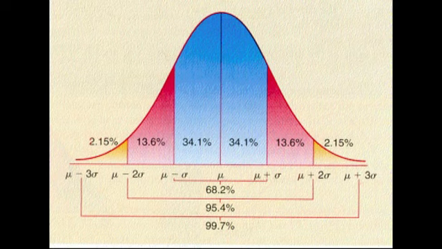Now, as you see, the further away you get from the mean, from the average, the fewer individuals are going to be represented. In fact, what you see are these different sections. They're known as standard deviations. According to the statistics, 68% of the population is going to fall within one standard deviation from the mean. 95% will be within 2 standard deviations of the mean. And that leaves just that 5% out there on the extreme ends, within 3 standard deviations. And so as you go further from the middle, you have fewer and fewer people represented. And that means that most people are roughly average.